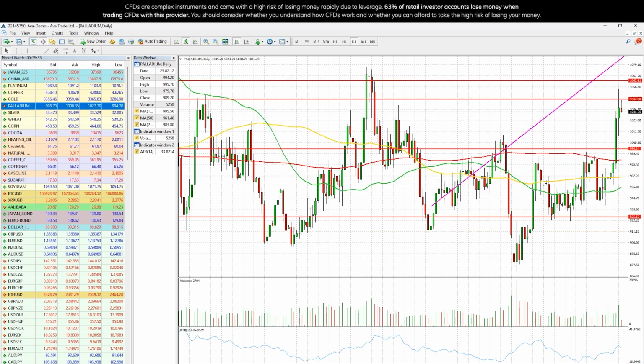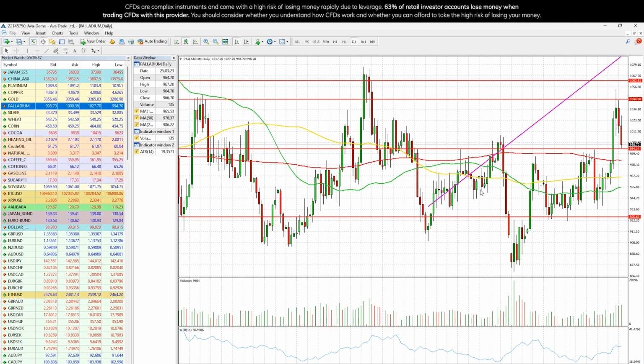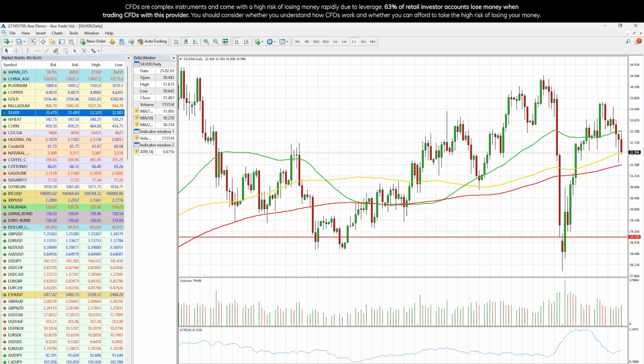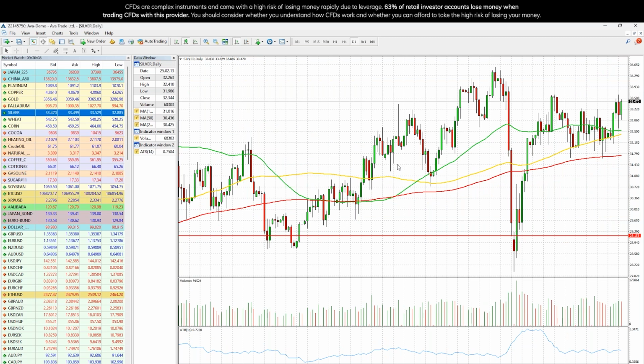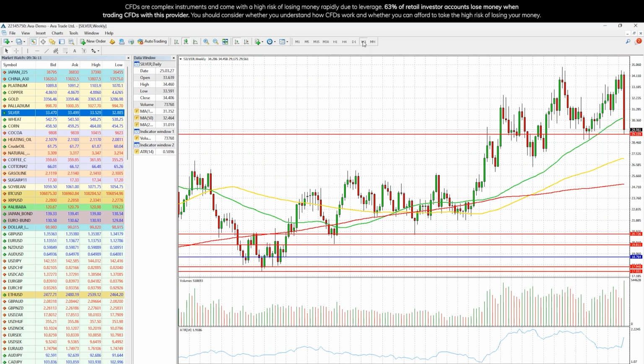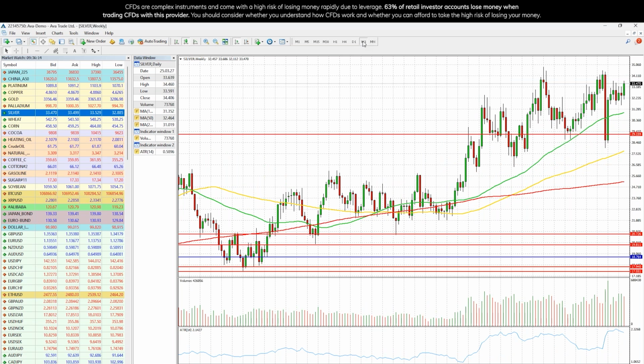Next one is palladium. Also, we had a nice move, a weekly gain of 4%. The last two sessions we went down, but we started the week very strongly here. Silver as well, looks like it's catching up with gold, as it happens a lot. Weekly gain of 3.97%. We are on the way of recovering this big drop that we had on the week of March 30th.